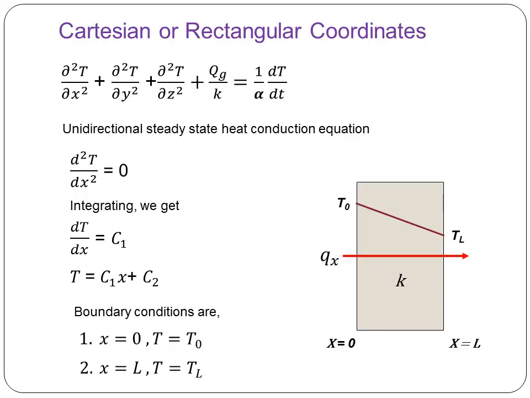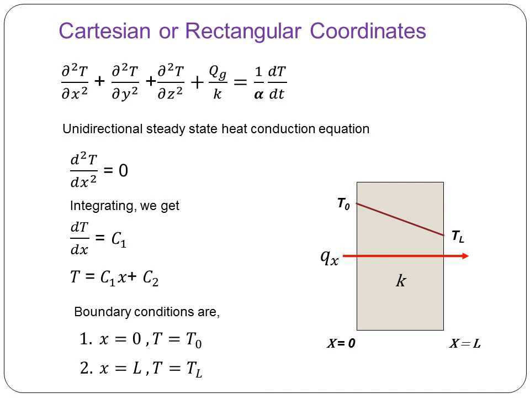You may have a case in which you need to consider only one direction. If the case is steady state heat conduction without internal heat generation, and that too with heat flow only in one direction, unidirectional heat flow, because you may have a configuration in which maximum heat flows only in one direction and in the remaining directions the heat flow is negligible. In that case you can go for a unidirectional heat conduction equation considering only one direction.